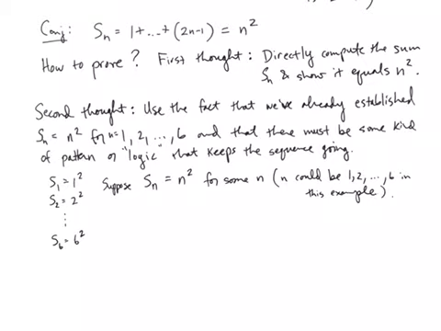Okay, and what we're going to do now is look at S_{n+1}. So what's S_{n+1}? Well, by definition, it's 1 plus ... up through, just look at the definition of S_n up here. You take the last term, which is 2 times n, so in this case our n is n plus 1, minus 1. Right, and